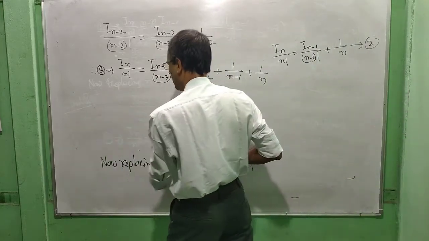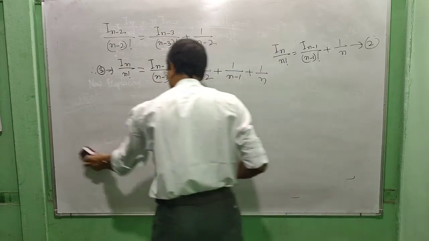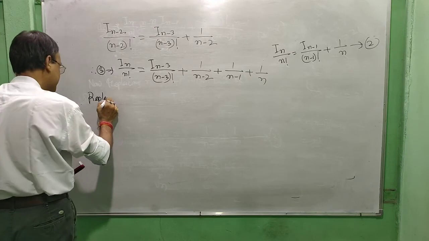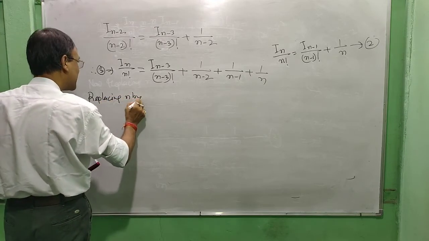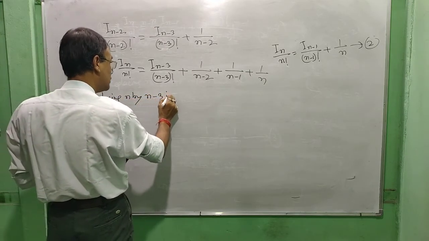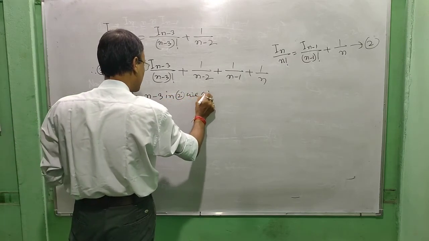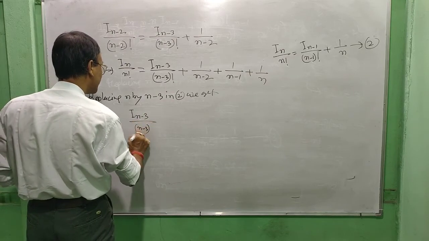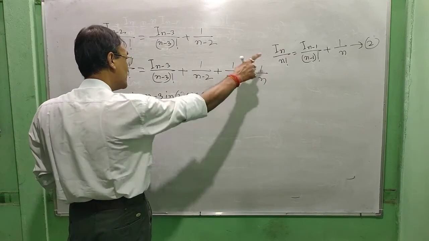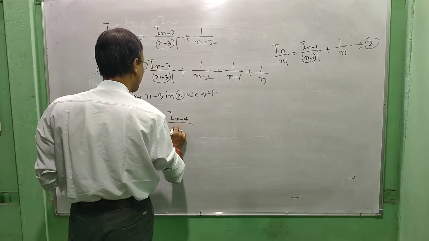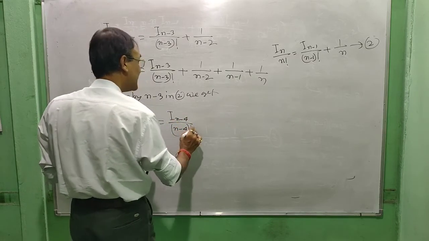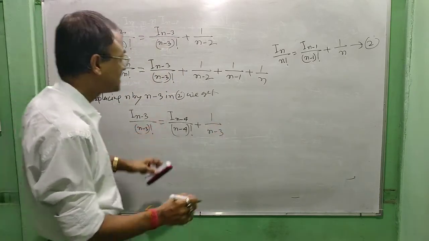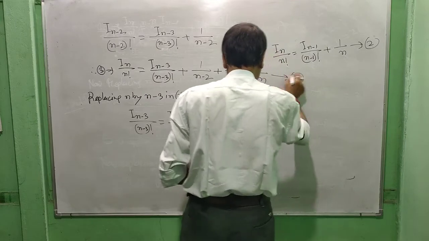again you may again replace, replacing n by n minus 3, we get I_(n-3) by n minus 3 factorial. This is equal to I_(n-4) by n minus 4 factorial plus 1 by n minus 3. Suppose this is number 4. Therefore 4 implies